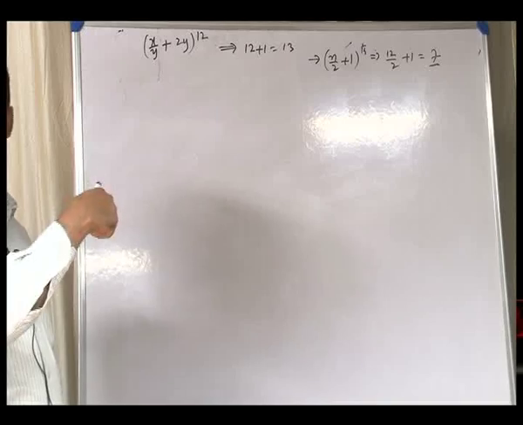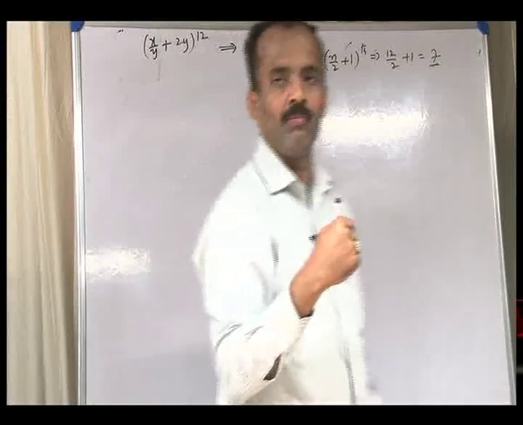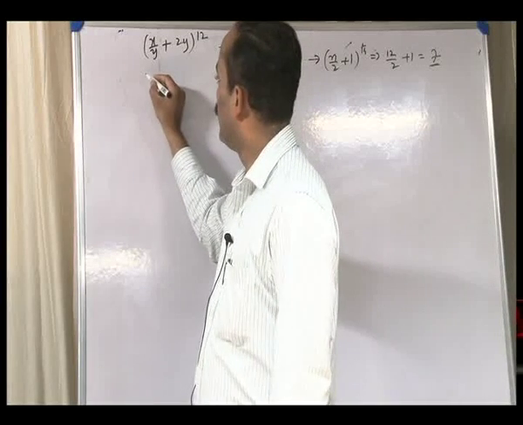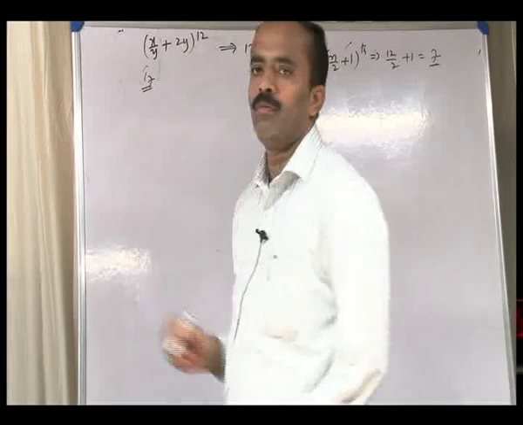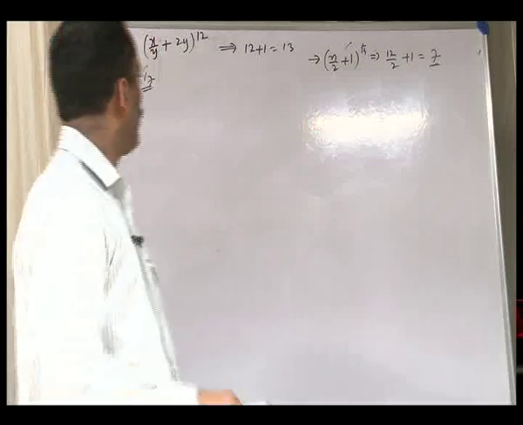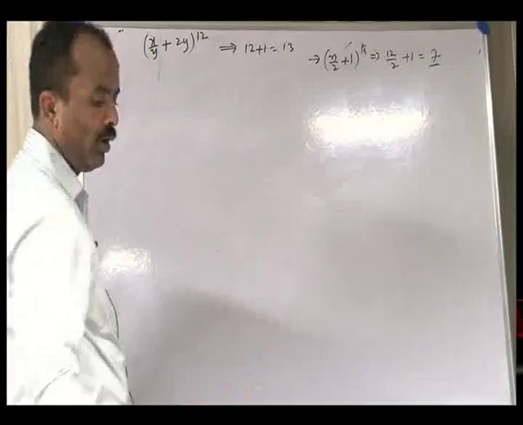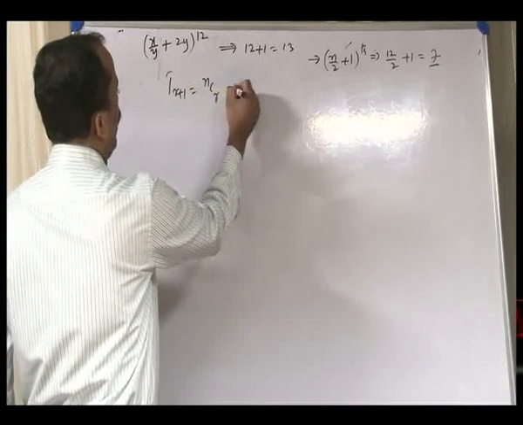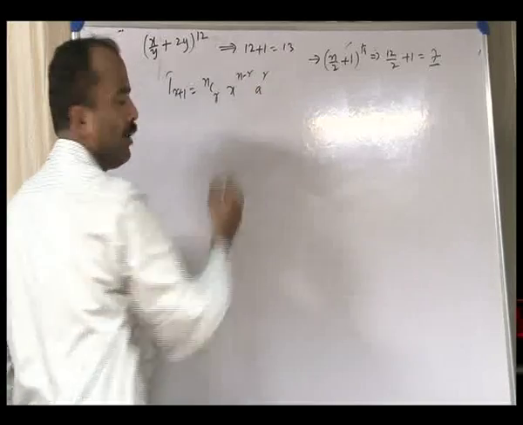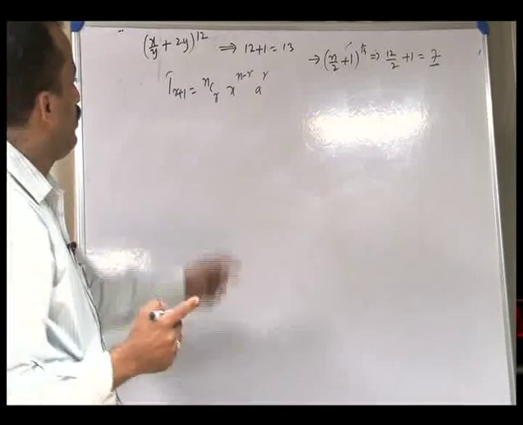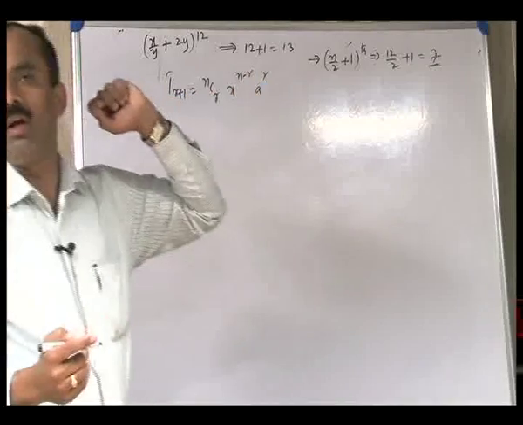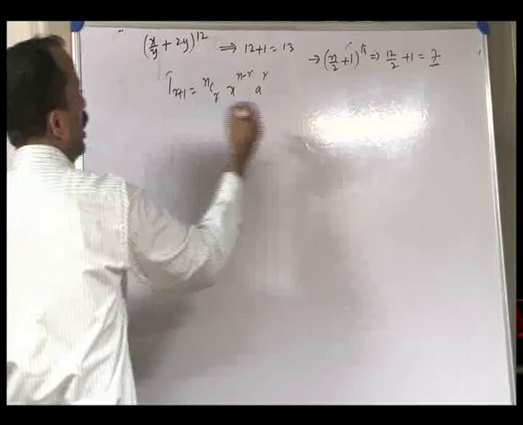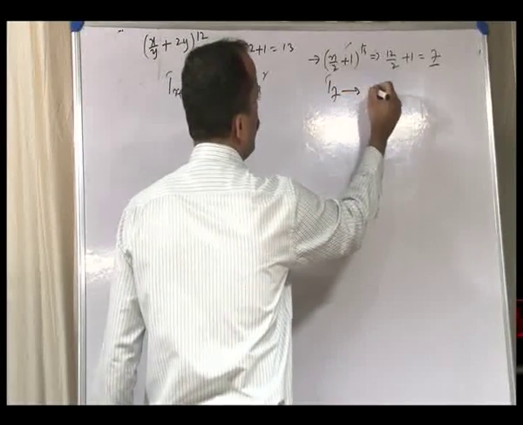Now, we have to find the 7th term like in the previous type. So, 7th is the middle term, therefore we have to find T7. Now, write the general term formula: T(r+1) is equal to nCr x to the power of n minus r into a to the power r. Which is the middle term? The 7th term, therefore, what is the r value? To find the 7th term, r is equal to